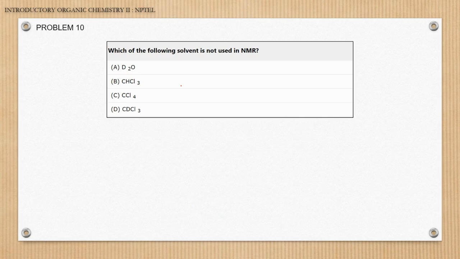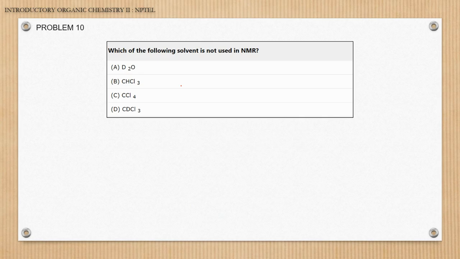If the solvent interferes with the peaks of interest, then the solvent is of no use. So we take deuterated solvents for recording NMR spectroscopy